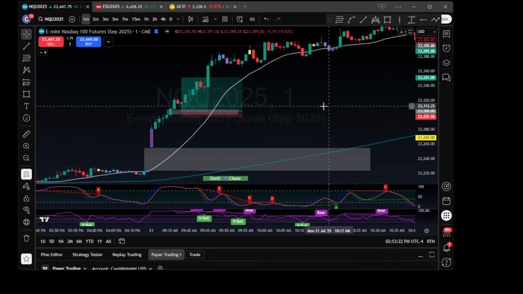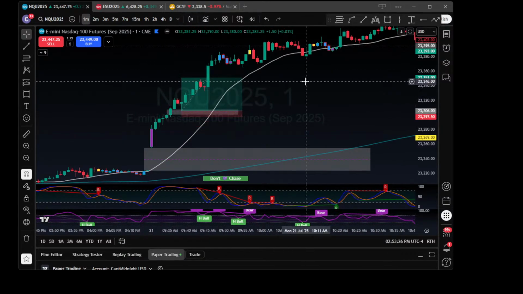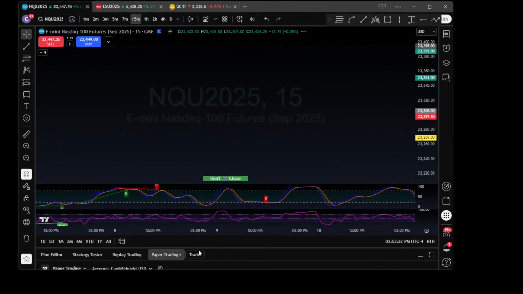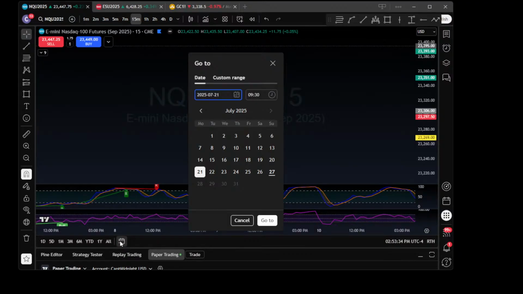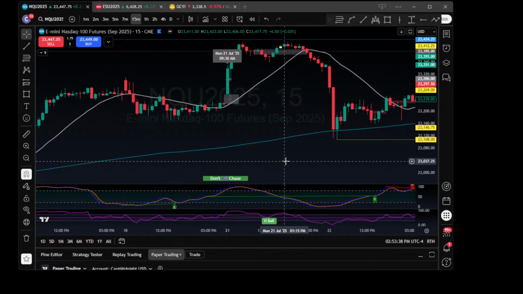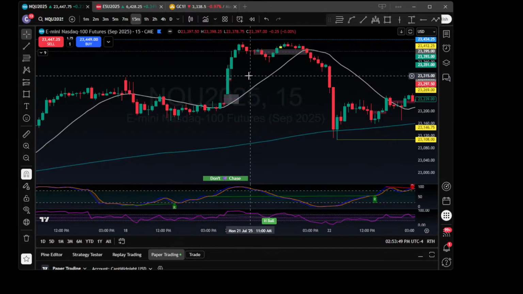What are you doing with it though? Going to take it and start trailing it? Where are we going? What's the date? The 21st. Go to the 15 on the 21st. Like, yeah, we could aim for that high there. That would have been aggressive though. No, we were already there. We were already broken through it.